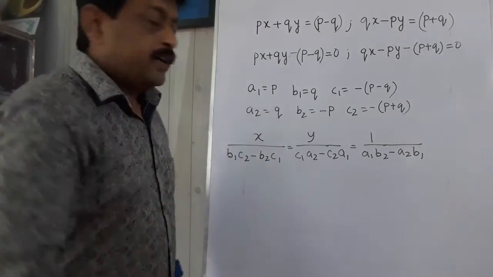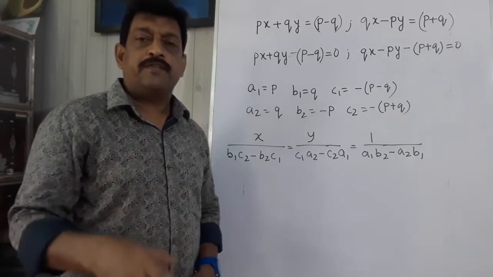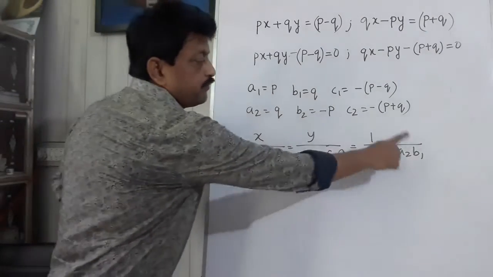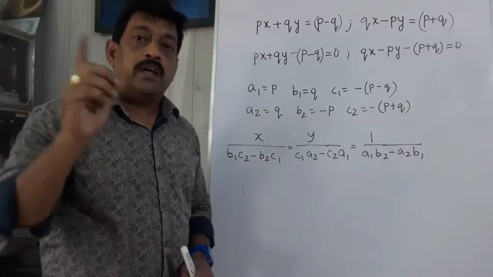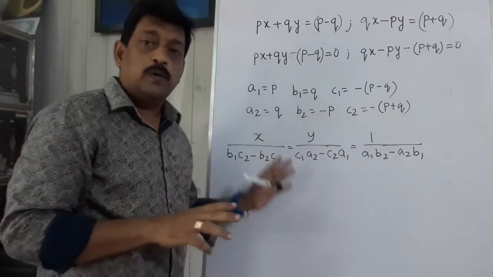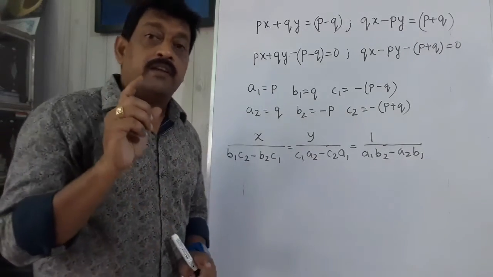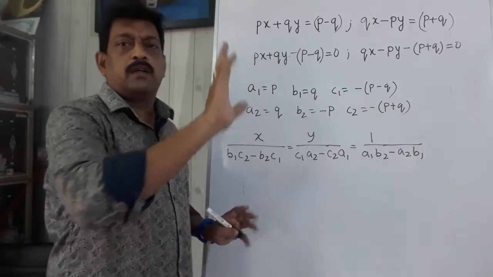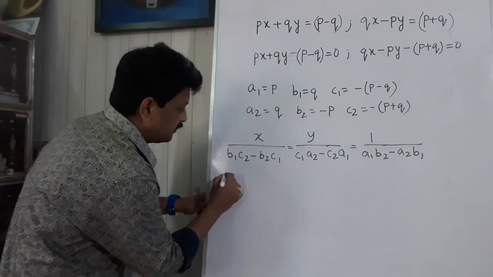It is my advice, whenever you are going to solve a problem from any chapter, you must write down the formula first. It is very important, and this will help you in the exam also. There you can get step marks even if the whole sum is wrong. Still, for writing the formula correctly, you can get half mark. So make it a habit to write down the formula whenever you are solving a problem. Okay, now let us replace the values.